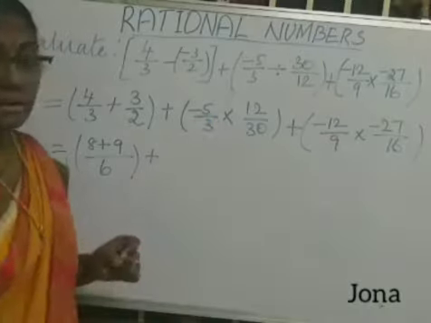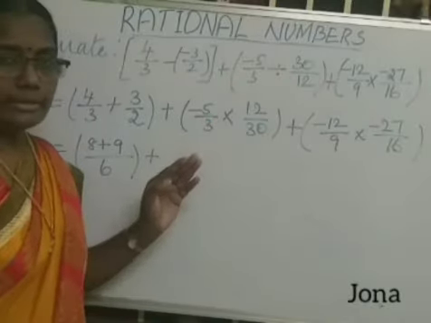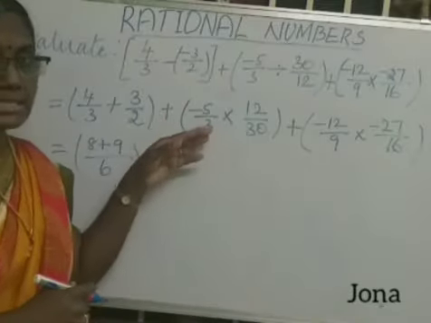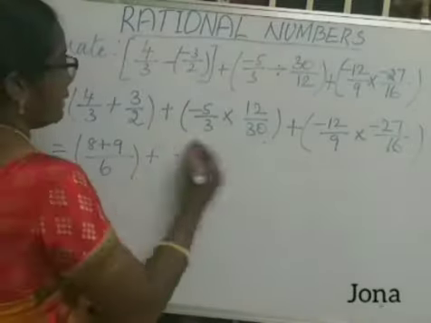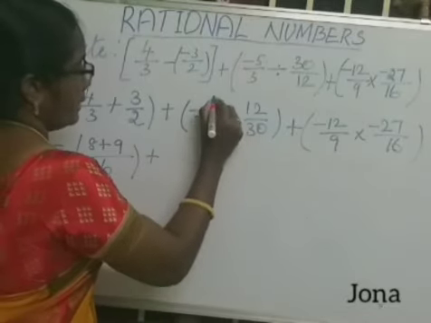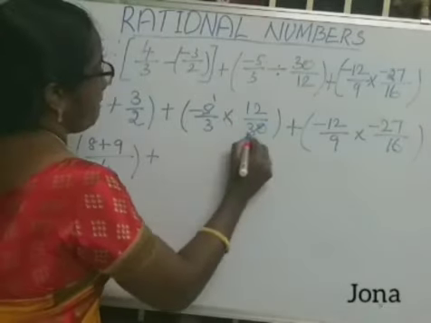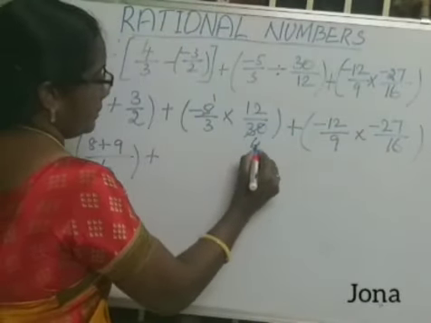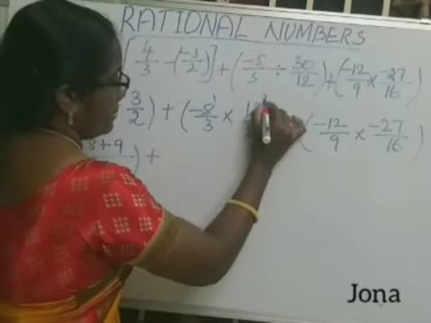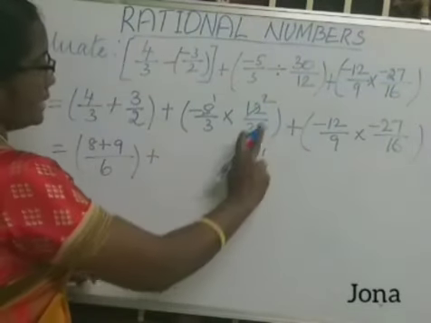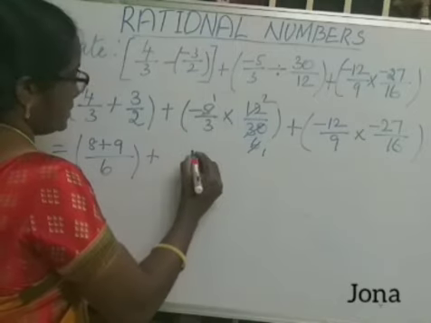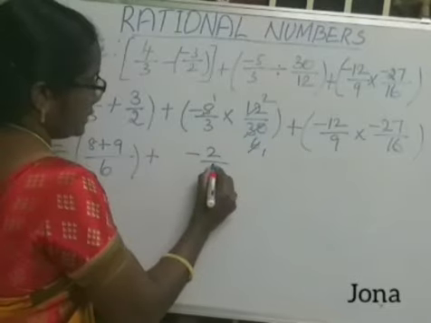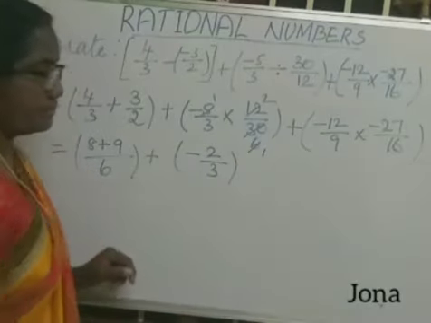But in between we have the multiplication symbol. So no need to do anything, just multiply the numerators and multiply the denominators. And if possible, we can cancel the numbers also. Simplify the numbers. Okay. So by 5 table I can cancel that, here 6 times. Okay. And then 12 table, 6 table I can cancel here. 1 6s are 6, 2 times it is there. So what will be the answer for this? Minus into plus, minus 1 2s are 2 divided by 3 1s are 3. So this is the second bracket.